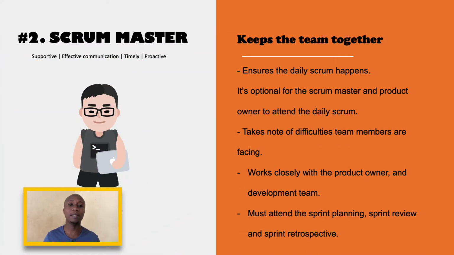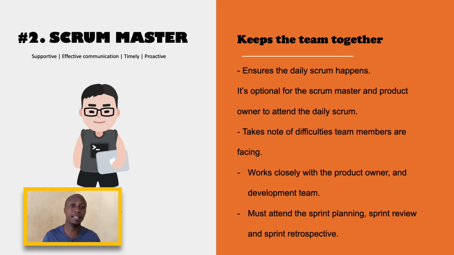Number two, the Scrum Master. The Scrum Master holds it all together. They make sure that the product owner, the developer team, the stakeholders are working in harmony, that no one is struggling with each other. They also find out and record impediments or the difficulties that the team is going through